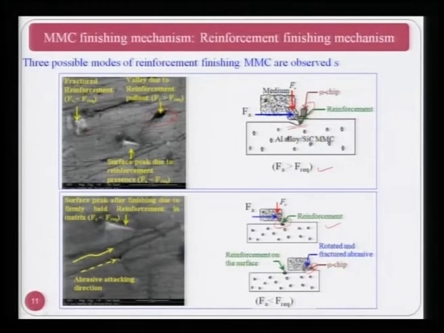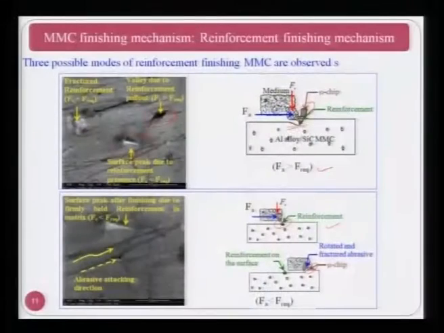Now, surface weakness due to the reinforcement presence. In some cases, as I have mentioned, when Fa is smaller than the required force, then the reinforcement remains in the matrix material and gives a very high surface roughness value if surface finish is measured over this particular reinforcement. So, this is another way. Here Fa is smaller than the required cutting force, that is why you have the reinforcement over there.